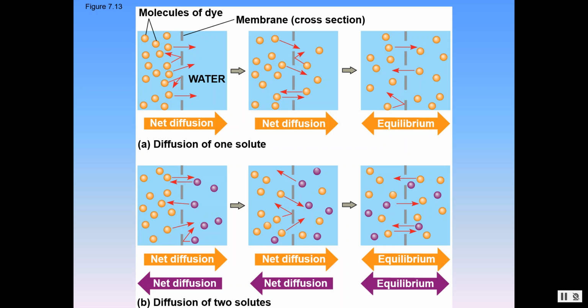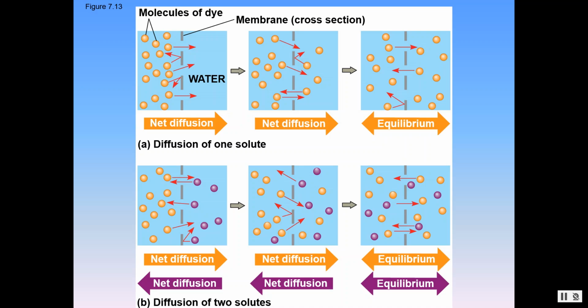So on the top, you'll see there's a lot more yellow dye on the left. There's no yellow dye on the right when you start. And as we go through time, moving from left to right, by the time we get to the far right square, it's at what's called equilibrium. And that means the same number of particles on both sides of the membrane, an equal concentration on both sides